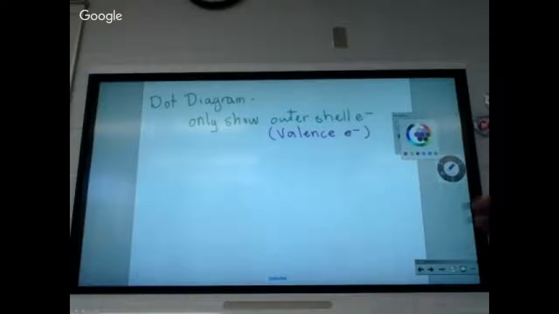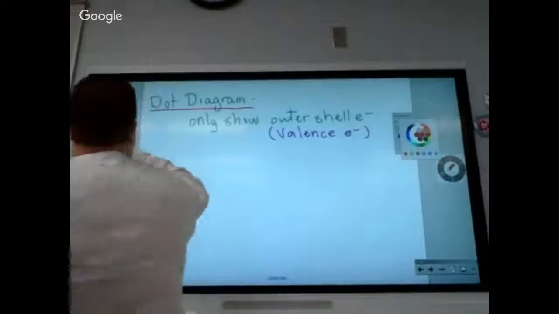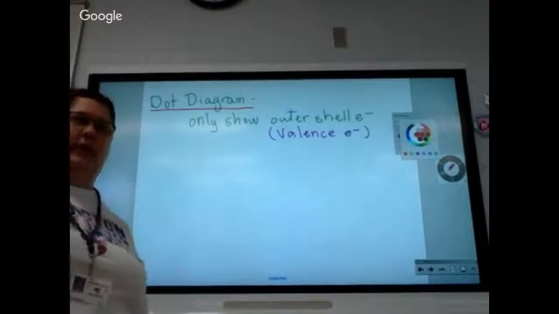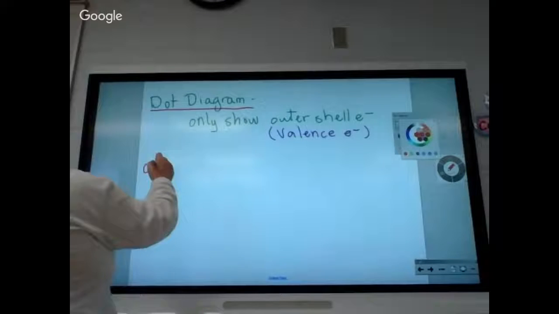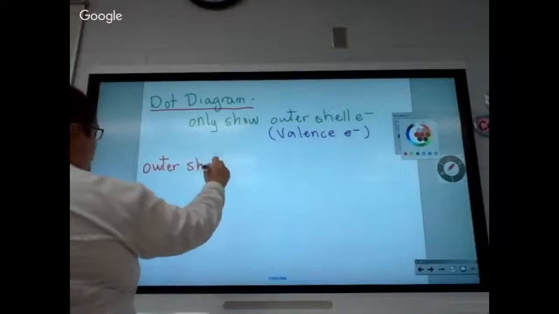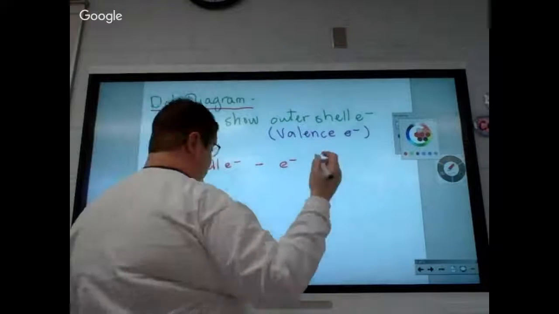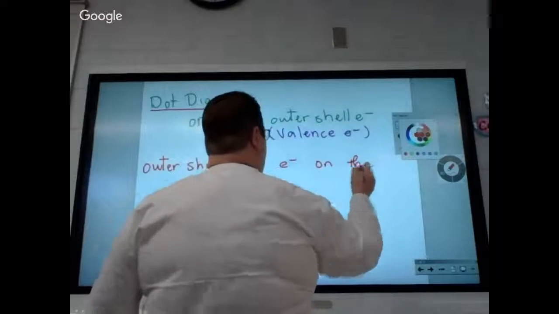Now, if dot diagrams only show outer shell electrons, we have to know what the difference is between an outer shell electron and an inner shell electron. So, what on earth is an outer shell electron? The electrons on the last ring. Okay, that's not a bad answer. They're an electron on the last ring